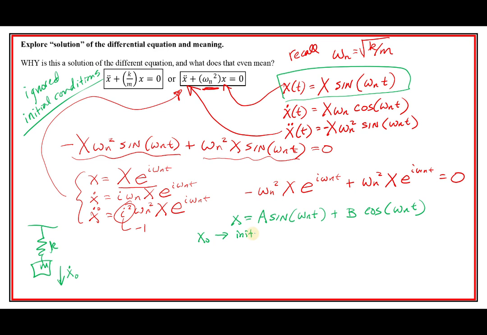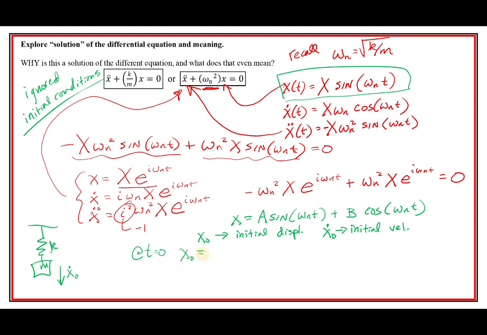Initial displacement, or you can have x dot, the initial velocity. So at t equals 0, you could have